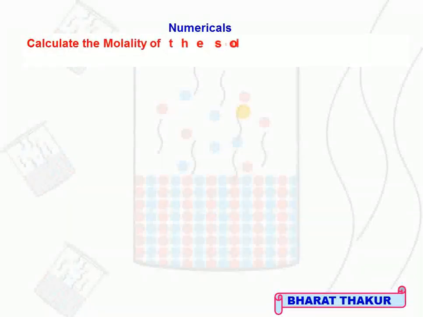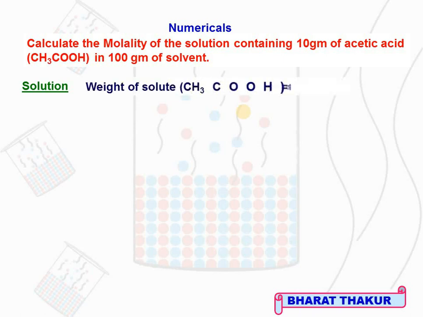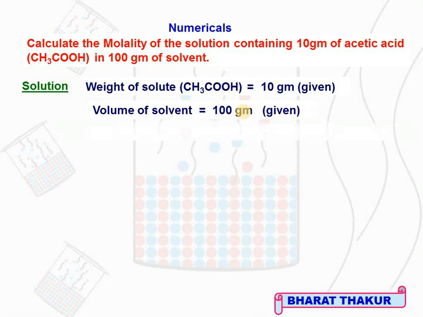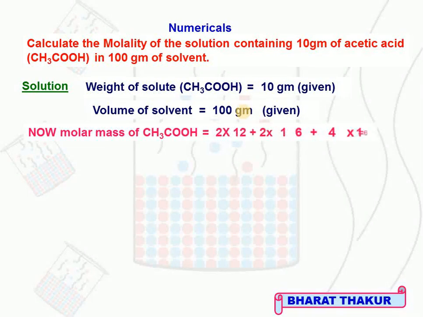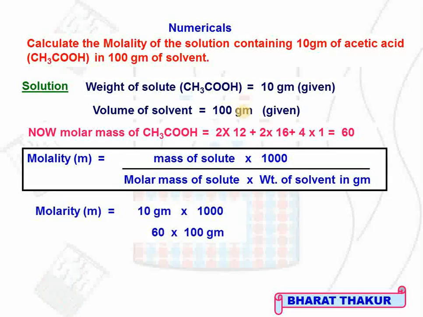One more numerical: calculate the molality of the solution containing 10 gram of acetic acid in 100 gram of solvent. So here we have to calculate molality. The weight of solute is given and the weight of solvent is given. Always remember, in case of molarity, we require the volume of the solution, but in case of molality, we require the weight of only the solvent, not the solution. Weight of solute is given 10 gram, weight of solvent is 100 gram, and molar mass of acetic acid comes to be 60. So on putting the values in the formula of molality, we can find out the answer,